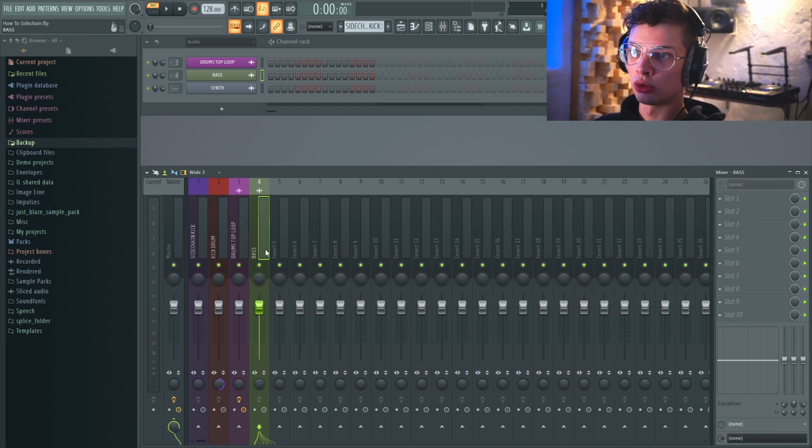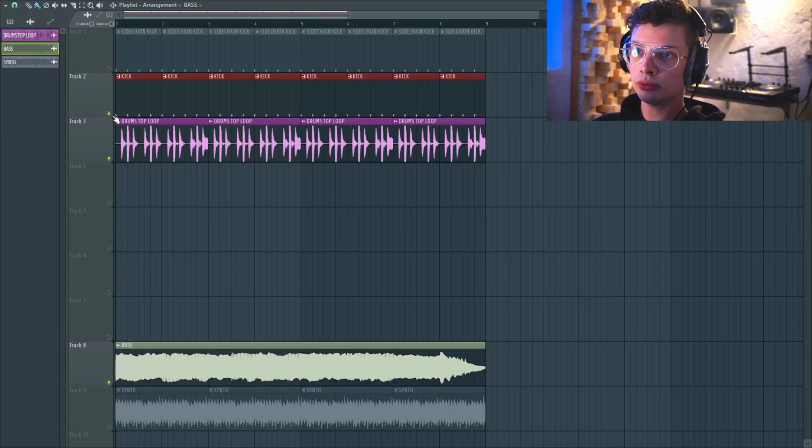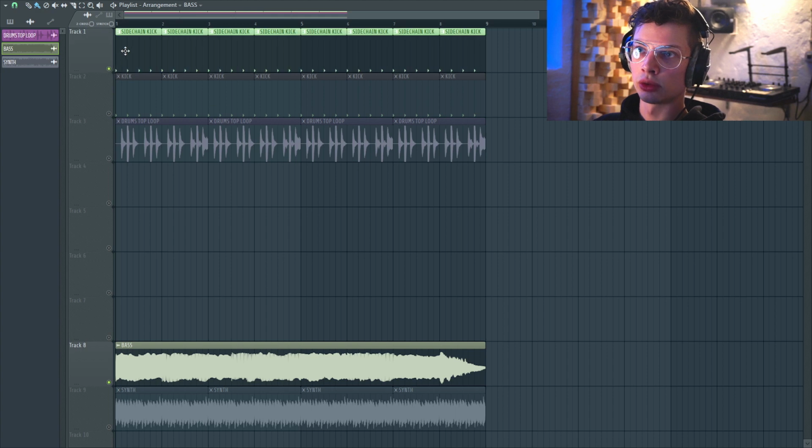Now all we need to do is we have our sidechain kick, right click right here and press sidechain to this track. As you can see, it goes in here, but it's turned all the way down, so still we can't hear our sidechain track. Now let's listen to the sidechain kick with our bass